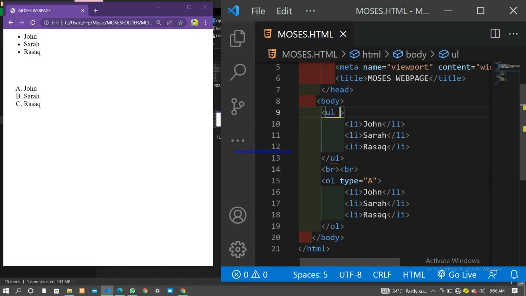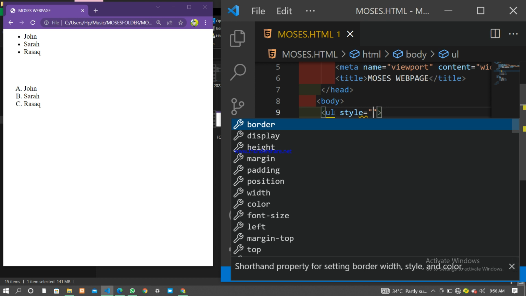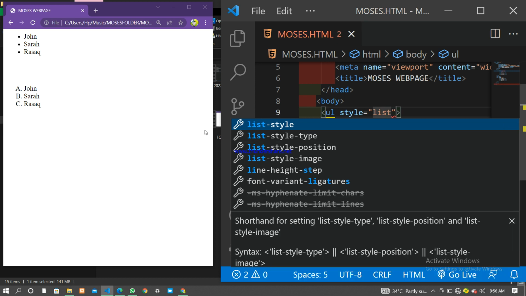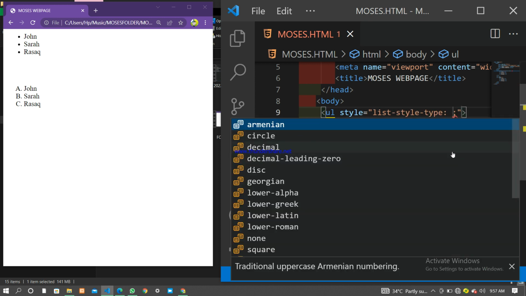You can influence the UL too, which is this. Maybe you want to just write style, which is CSS, but you can also influence it inline. So you can say list-style-type. We choose this, see, it gives you the same thing. All these now are the things that you can use to influence the default